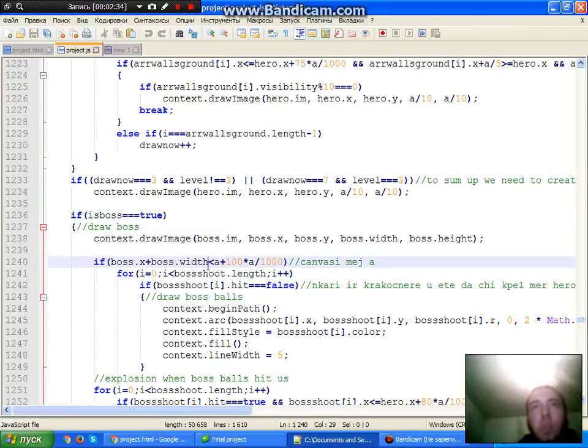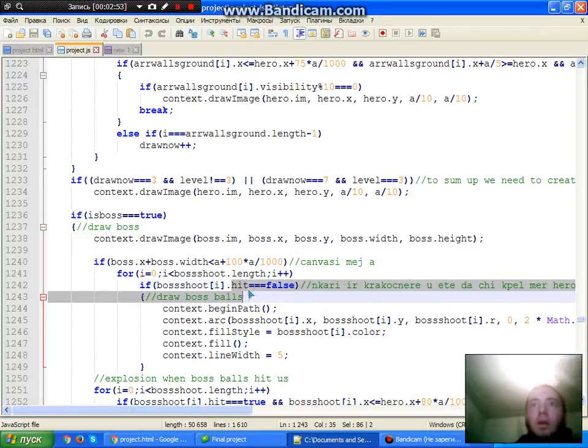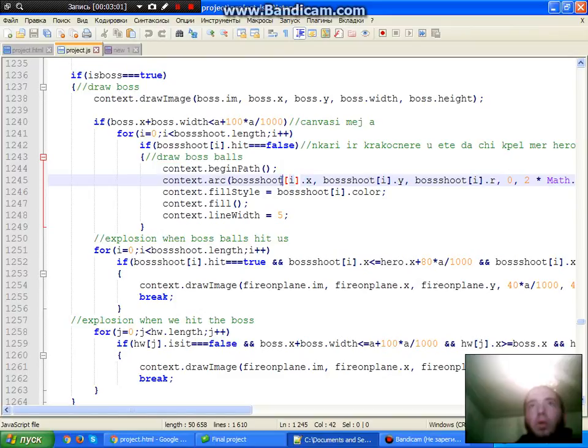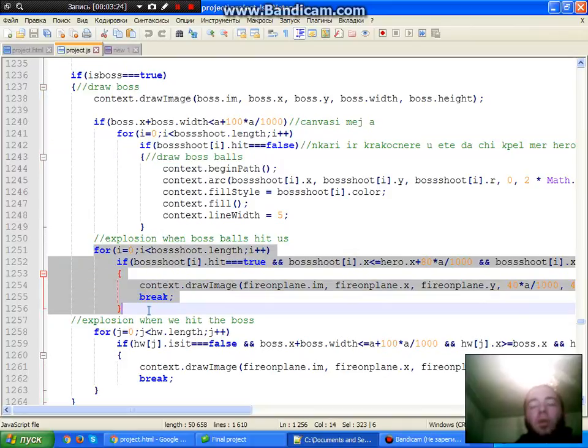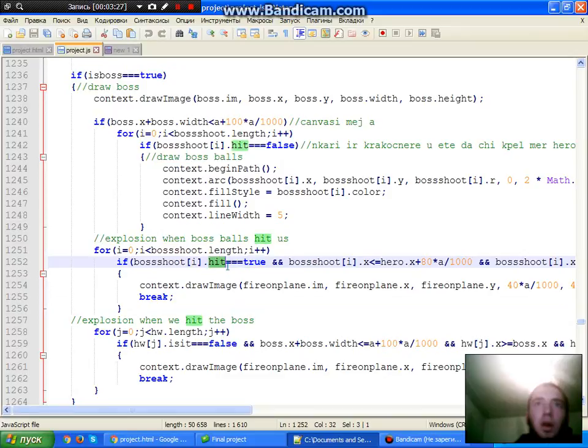Then we check whether it is within the bounds of our canvas, and if it is, we start to draw the balls that it shoots, and the condition is whether they exist or not according to its heat. And we draw our boss shoot. Then this is the part when the ball of our boss hits us. So if the hit attribute is true,